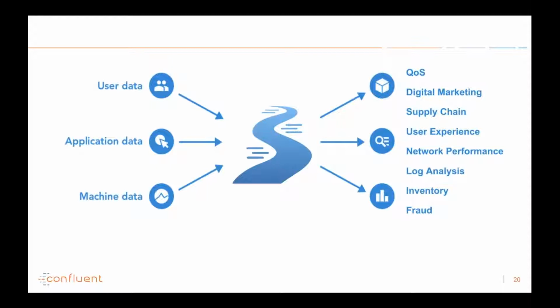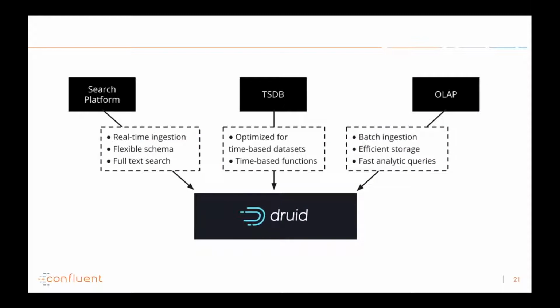So if you think that this is a kind of a pie in the sky or a future-looking system, it's not. This is user data. This is application data. This is machine data. And in order to enable types of applications like digital marketing or supply chain, user experience, network performance, everything that requires you to be able to query on data in real time, maybe store it for long-term storage, so maybe a couple of years to look at trends over time, and then also enrich it from data that might be coming in from your data warehouse or your database. And this is why Druid was developed.